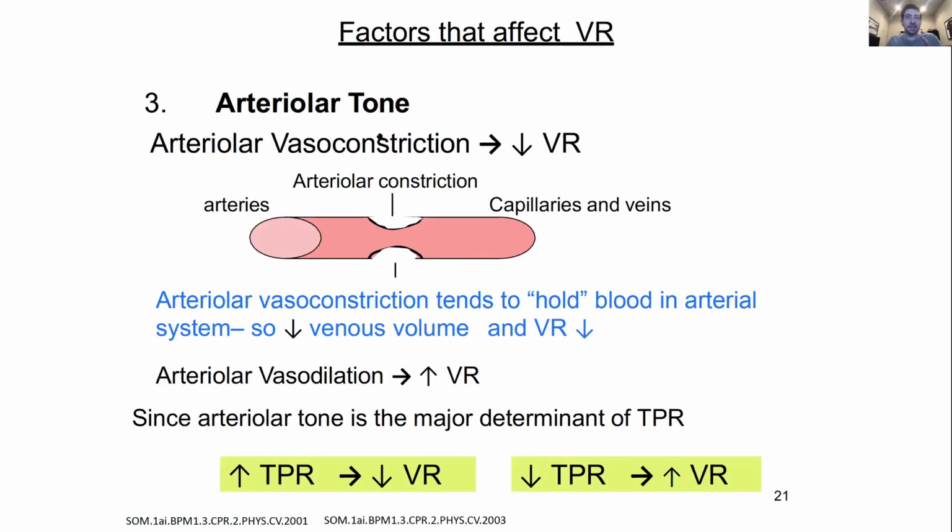Now, conversely, if you look at arteriolar tone, now this is on the left side of the heart. So if you think about it, if you shrink down the vessels on the left side, you're preventing flow on that side. So what happens is you're not getting the same amount of blood to the right side of the heart, right? So if you have arteriolar vasoconstriction, you're going to decrease venous return. You're basically not allowing a lot of blood to get through, or you're allowing less blood to get through the left heart or the left side system to get to the right side. So these three components,